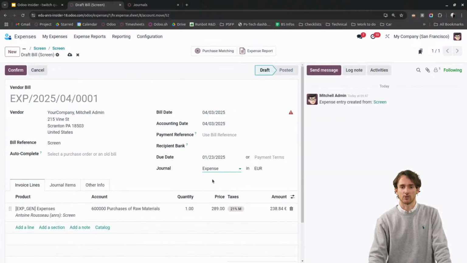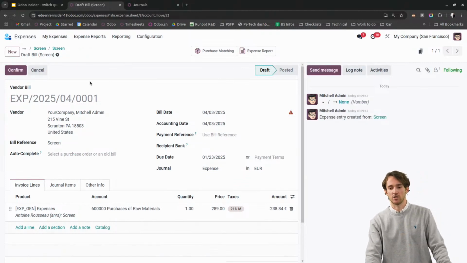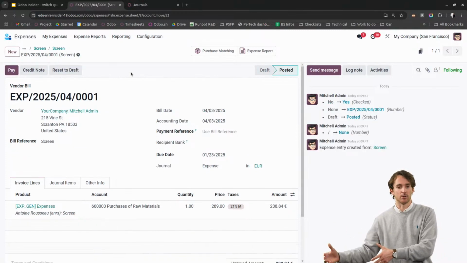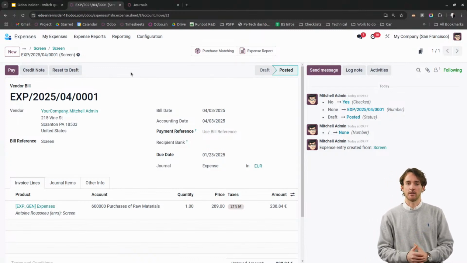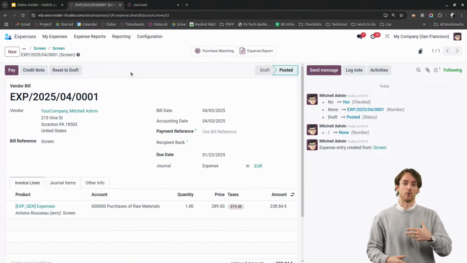So I could say, no, but I want this one to be set to expense. So that's where you could make this kind of switch between the journals. And then you can confirm it and post it in the corresponding journal. So yeah, that's it. Then what I would say is, if you did not post it in the right journal,